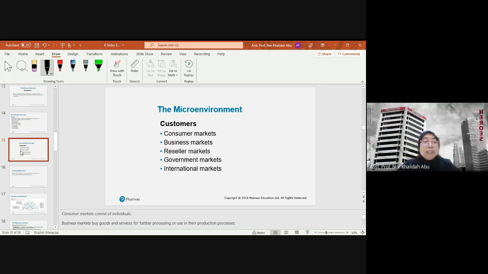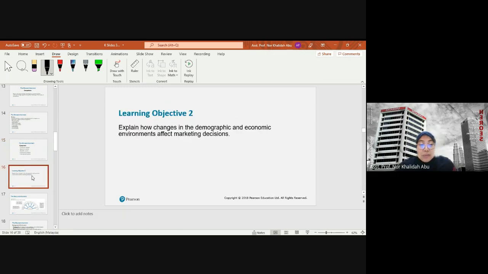Okay, and sometimes you have to go international because your market is already saturated, so it's very difficult to sell or to grow your revenue, because the market has reached its max, so you can't sell more than whatever is already being sold. Okay. Those are the micro environment factors. Now going forward, we're going to go